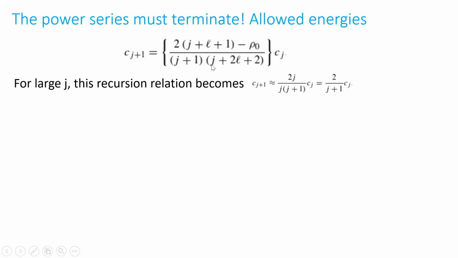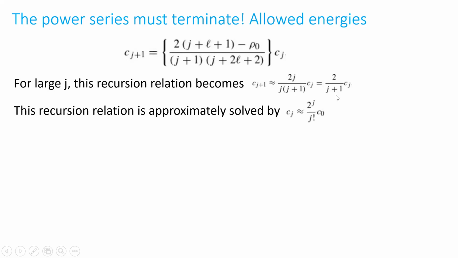In the denominator, we have J plus a J here and a J plus 1 here. So we get 2J over J plus 1, or 2 over J plus 1 Cj. So for large J, this simplifies because a lot of these variables are very small compared to J. So we get 2 over J plus 1 Cj. So every time we increase J to J plus 1, we're multiplying by 2 over J plus 1. So this recursion relation at large J is approximately solved by saying Cj would be basically 2 over J